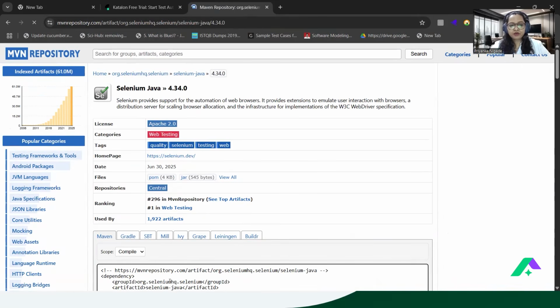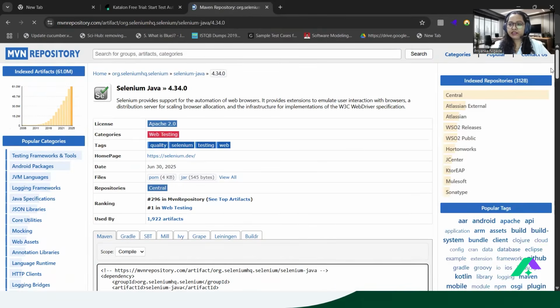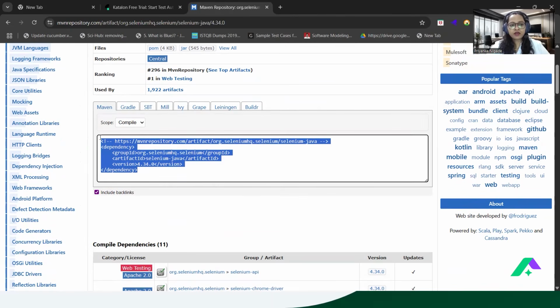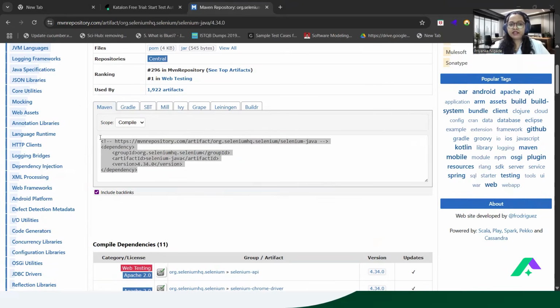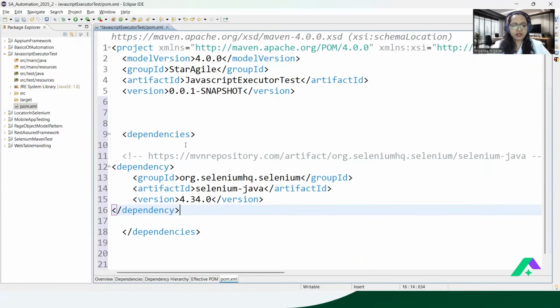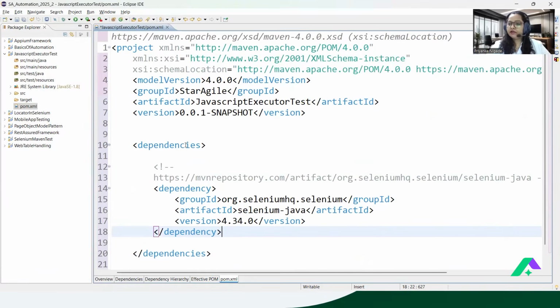Copy the same. Okay, so this is the current dependency that you can see. If I can show you, this is our dependency. Just copy this dependency and you can use it in your Selenium project. So I will copy this dependency, and this is Maven. Let's come back and just attach. Okay. Do Control Shift F and then save this particular dependency.